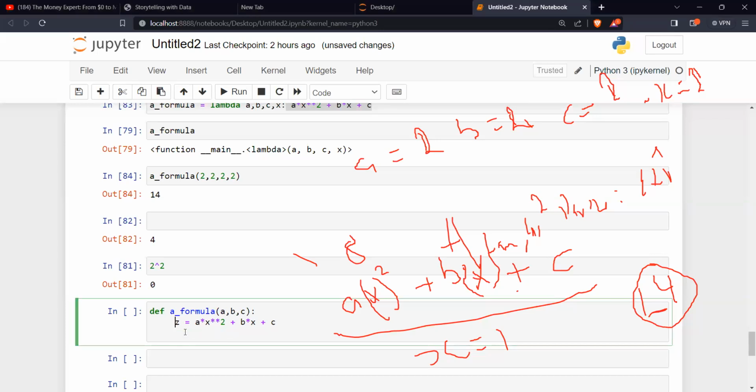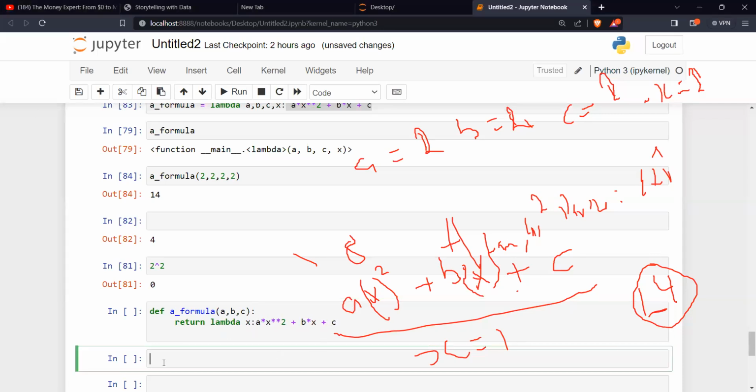Use lambda here and say return lambda. Can you see that now? Lambda will be x. We write a lambda function inside the function. Do you see how we can combine them?